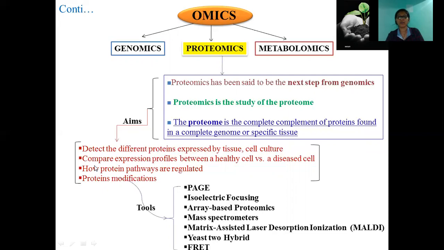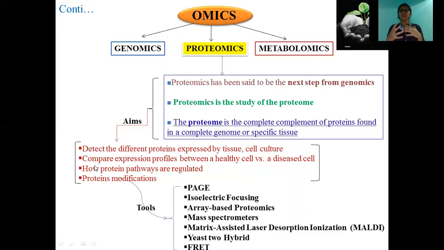So the next important aim of proteomics study is that you can compare the expression pattern between the healthy versus disease cell. Similarly, you can identify the different types of transcripts in the disease cell and the healthy cell in transcriptomic study, which is generally done with the help of microarray. Similarly, in proteomics, you can identify what kinds of protein are produced in the healthy cell and what kinds of protein are produced in the infected cells. You can compare the proteome of these two different types of cell, which can be helpful in the diagnosis of